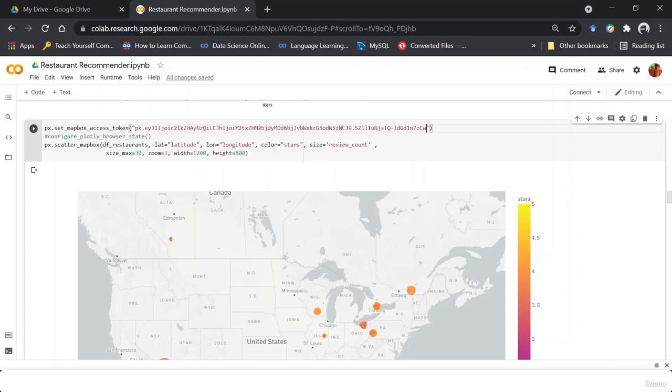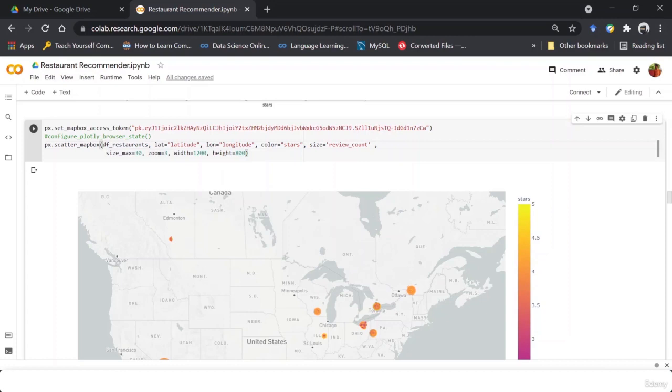Now, using the function scatter Mapbox, we are going to build the map. Here we input our data that already has the latitude and longitude, and we define them with the latitude and longitude parameters. You can see that we have input the data, that is df restaurants, having all the restaurants.